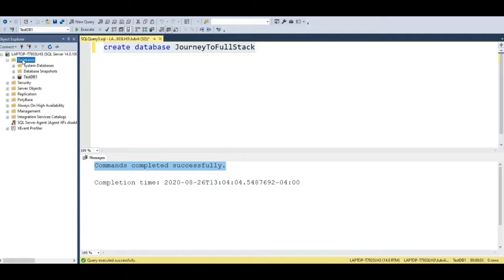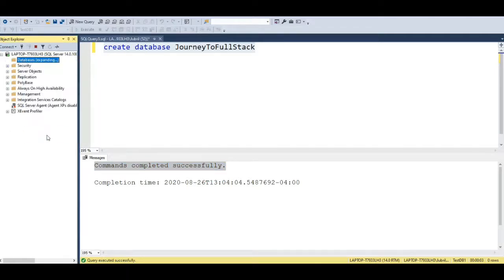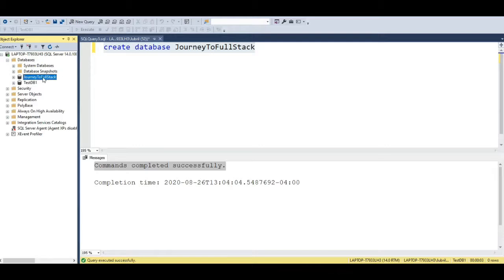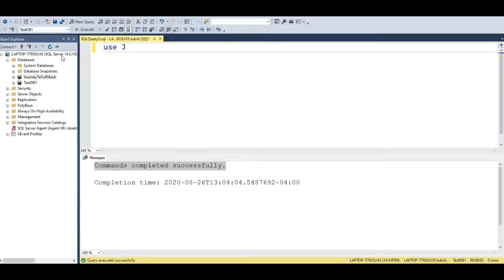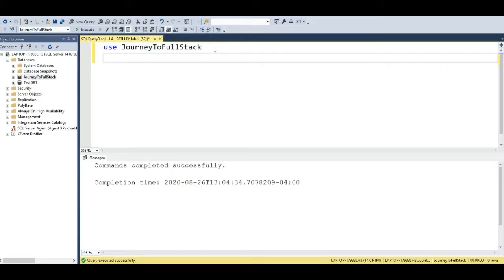Now let's refresh the list of databases, see if we have it. So here we have our database, right? So now to have access to this database, what we'll do is I will just use the word use journey to full stack. So that way, whatever query we write is what it will be communicating with this database itself. So under that, we can create table. Let's create an employee table, something like create table